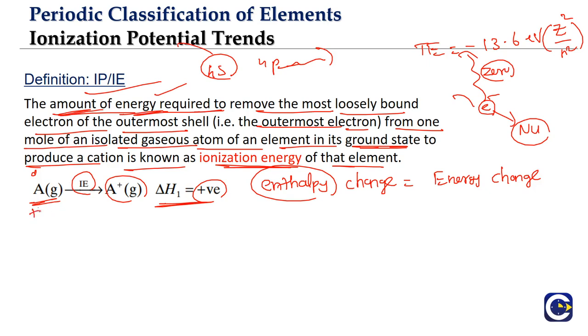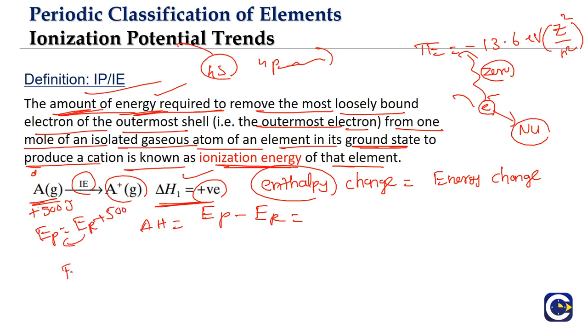Let's say for example we are giving some 500 joule energy. If you are giving 500 joule energy, then for the overall process the energy change will be positive. Why will it be positive? Energy change means the energy of the product or the final substance minus the energy of the reactant. That is how we calculate the energy change. So if you look at the relation, the energy of the product is equal to the energy of the reactant or original substance plus 500, because we are adding 500 here.